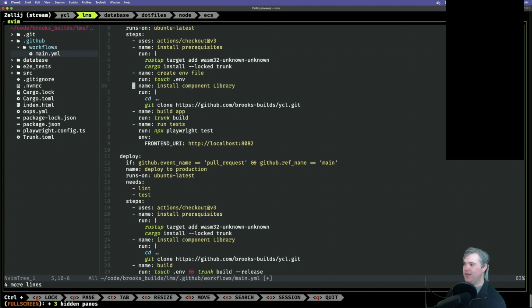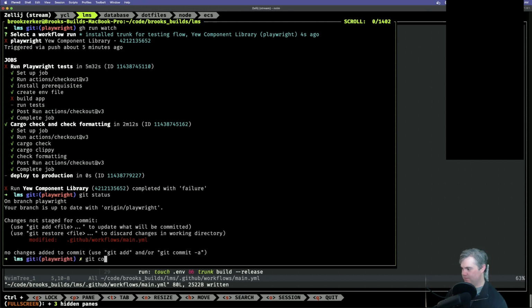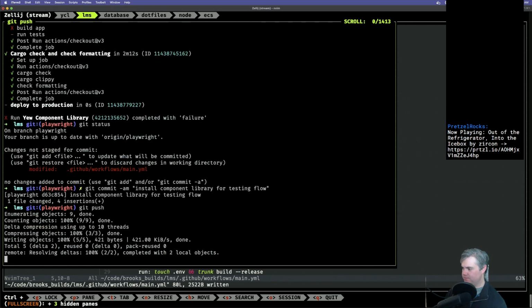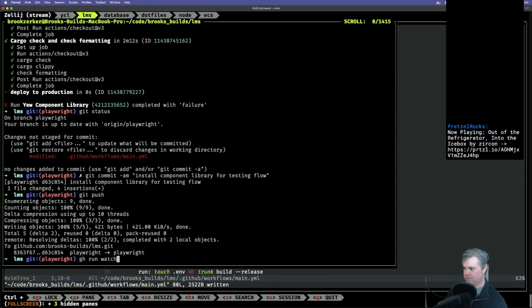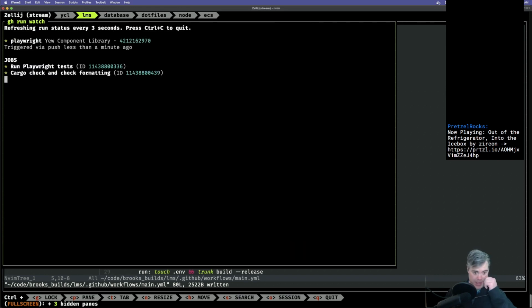So before I build the app, we need to install the component library. Install component library for main. Yeah. For testing. All right, we'll leave that up here and running. In the meantime,